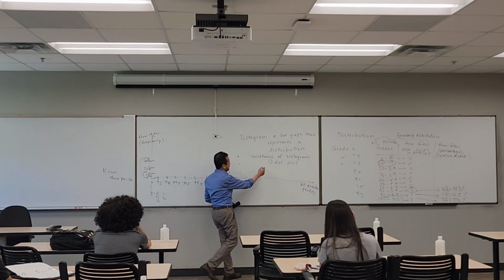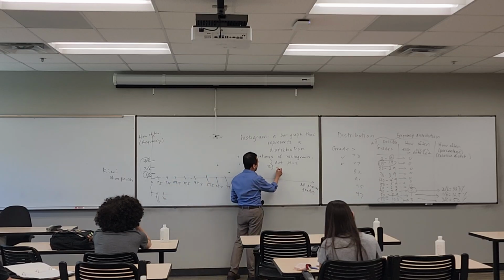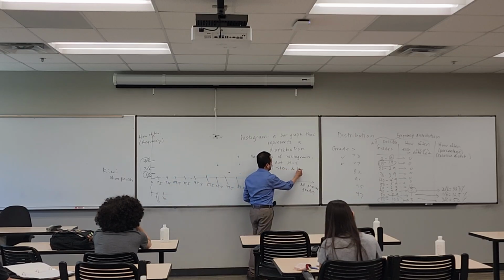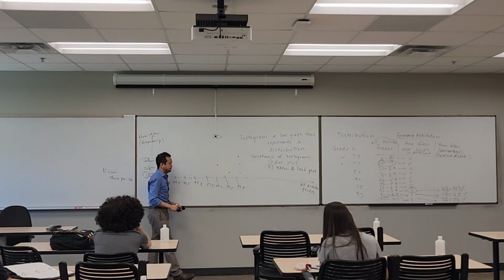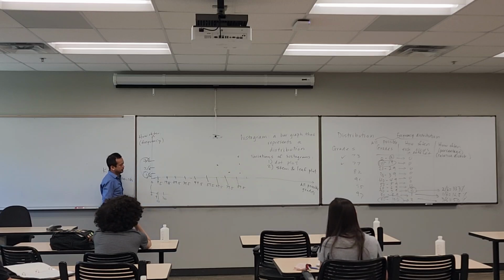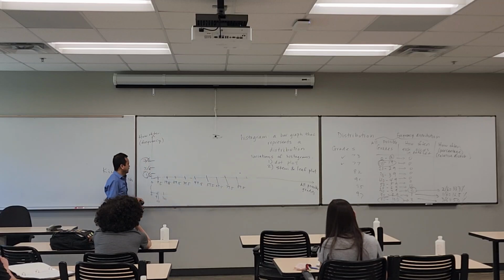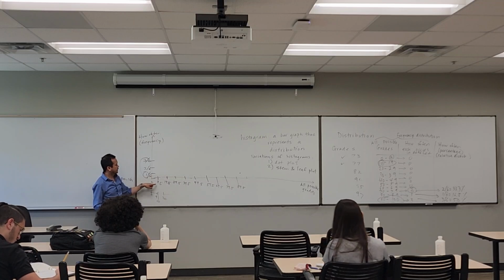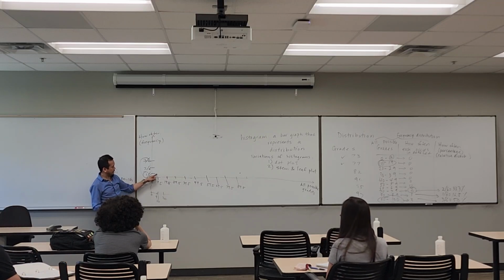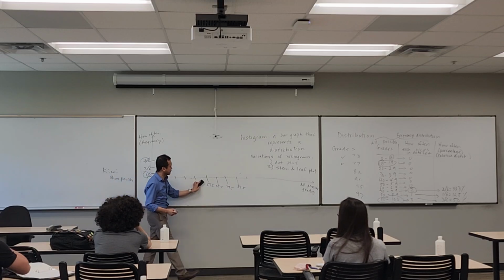Okay, so let's look at the next variation of a histogram, which is the stem and leaf plot. So in a stem and leaf plot, the first difference is, we said before that this x-axis, the axis of the actual values, can be labeled either at the boundaries, which we ended up doing, or it can be labeled for the entire group. So in a stem and leaf plot, we're going to label the entire group,